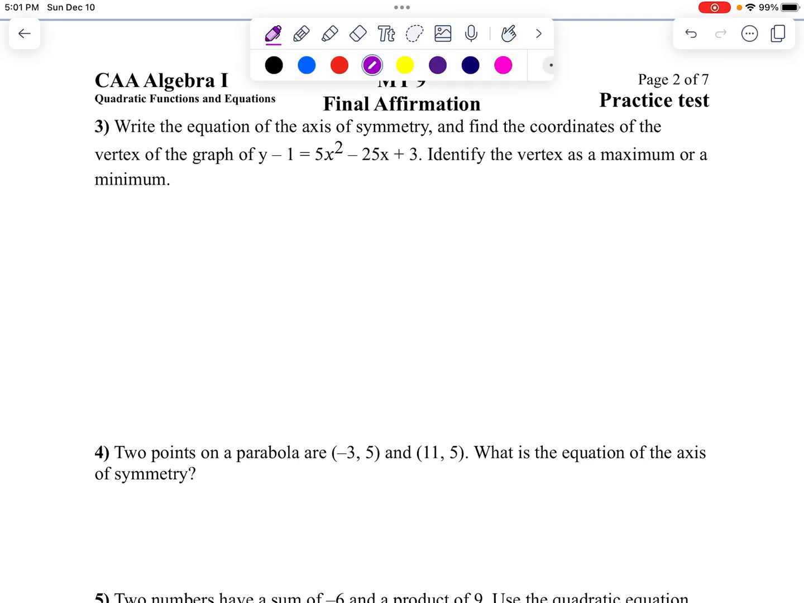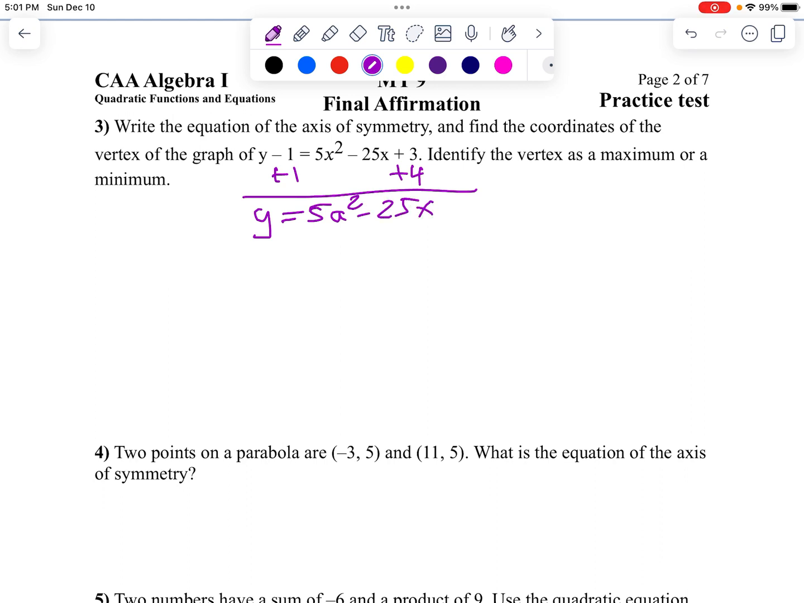On question number 3, we want to find the equation of the axis of symmetry and the coordinates of the vertex. We want to identify the vertex, but before we do that, we have to get y by itself. So let's add 1 to both sides. So we get y equals 5x squared minus